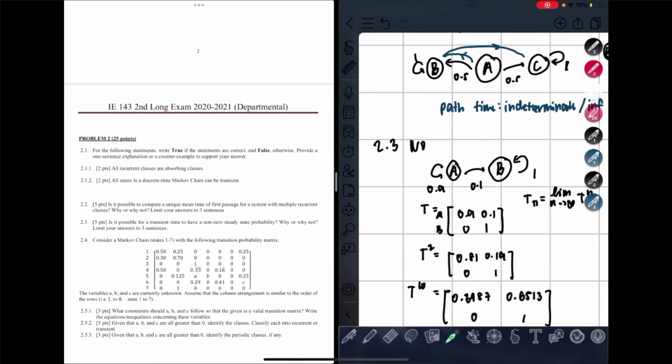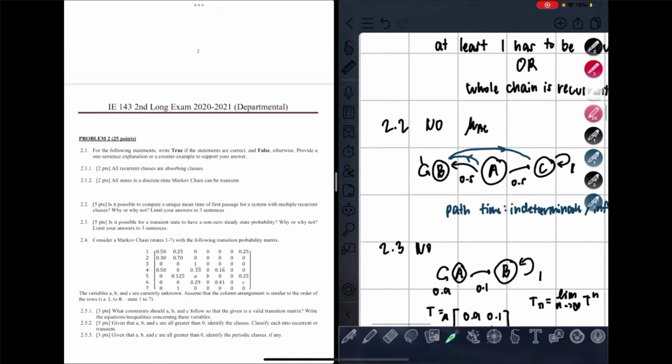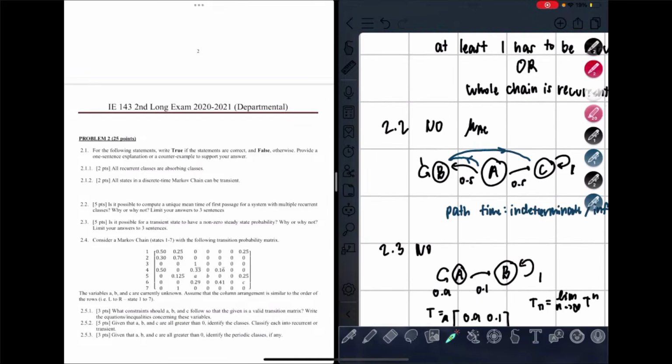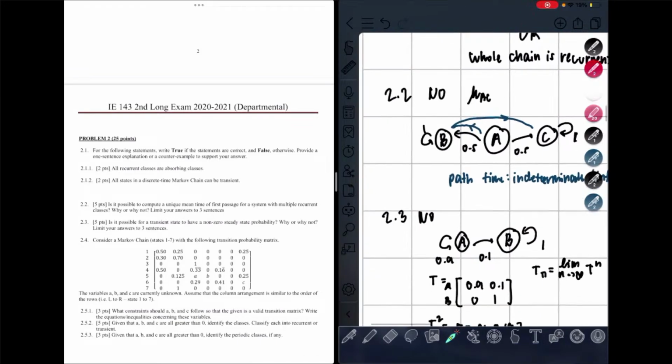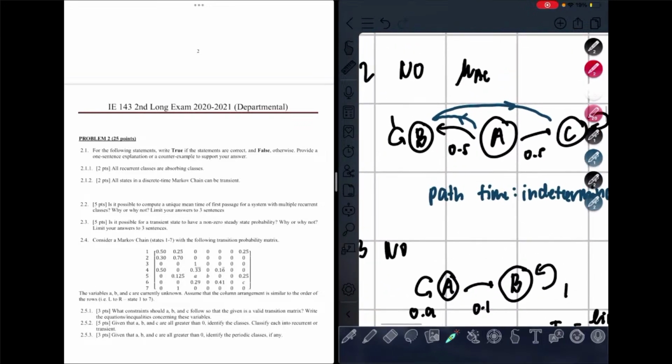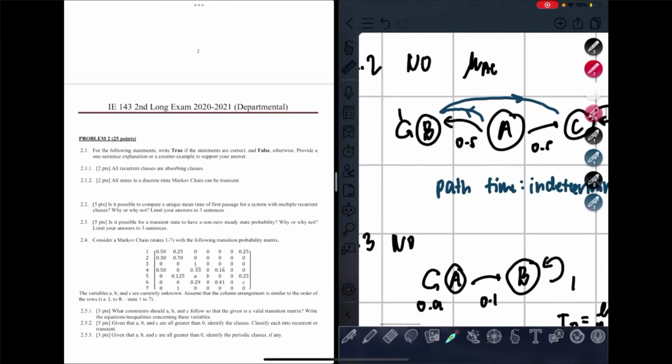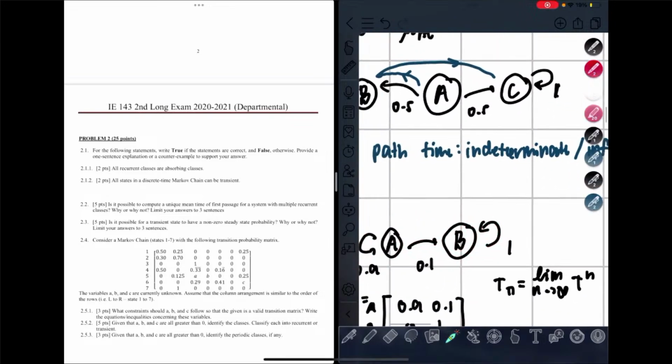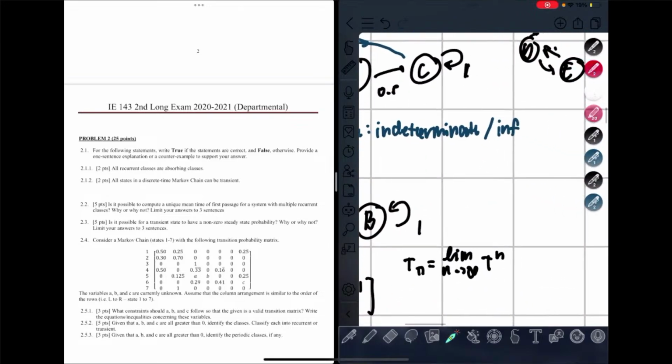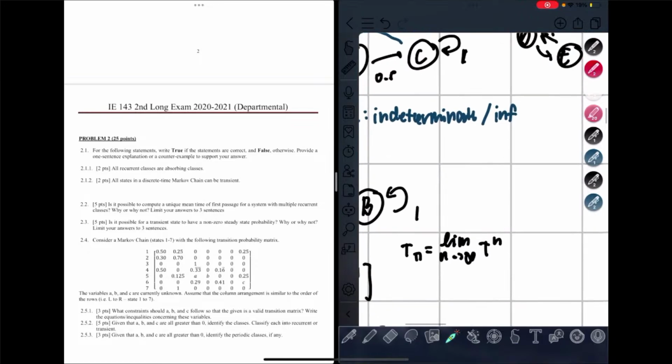For 2.3, is it possible for a transient state to have a non-zero steady state probability? Why or why not? So here's one example of just a very simple Markov chain. A is our transient state, right? Because there's a chance that it goes to B and it will just stay in B because B is an absorbing state. So recall na our steady state probability is effectively just